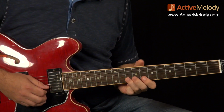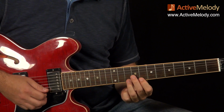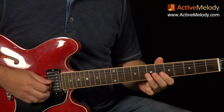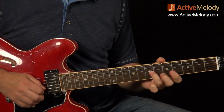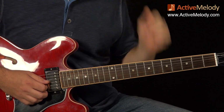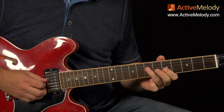You can do it here. You can also do it an octave higher here. This would be pattern 2. So remember that lick. Some people do it like this, like a hammer-on pull-off with their pinky. I've never been able to do that very well. I've been more efficient by doing a slide. Okay, so that's the first lick. And then I went...